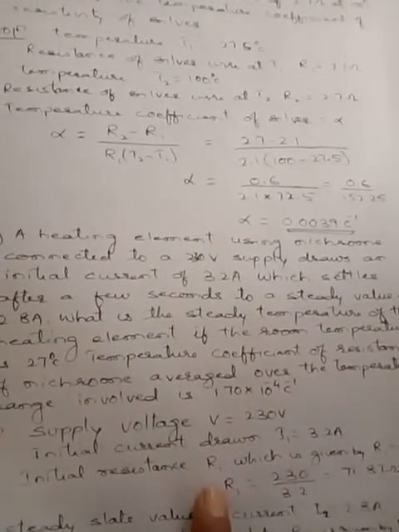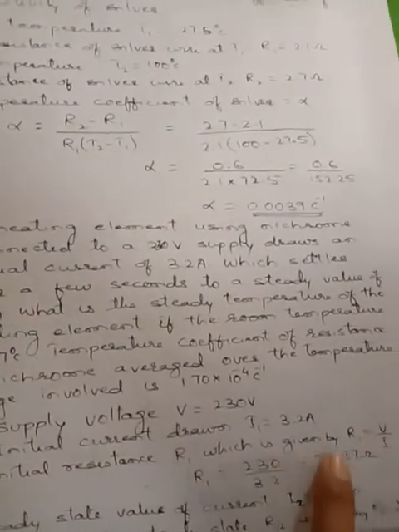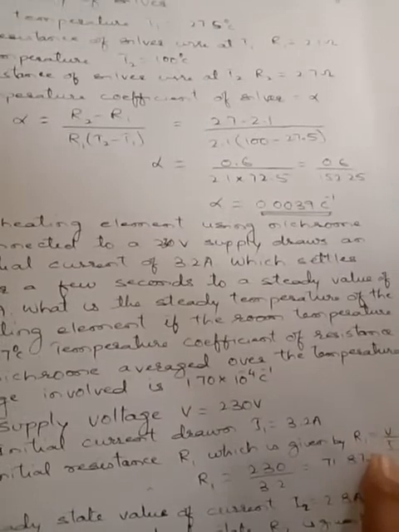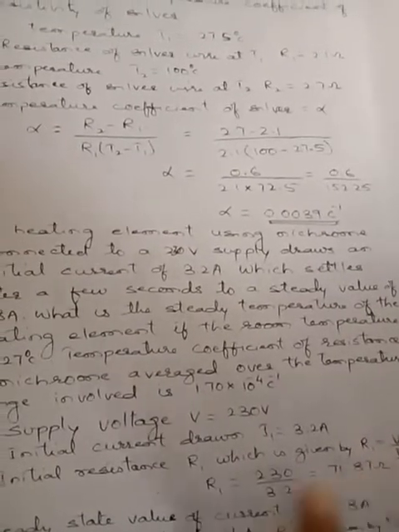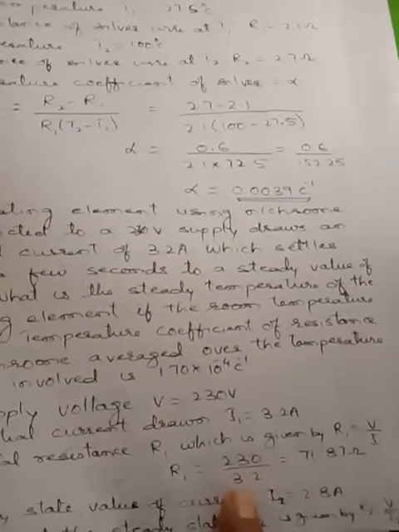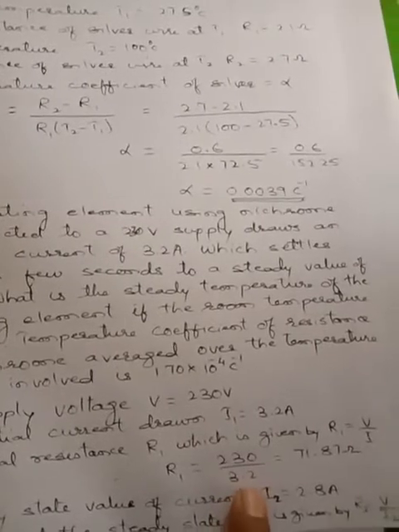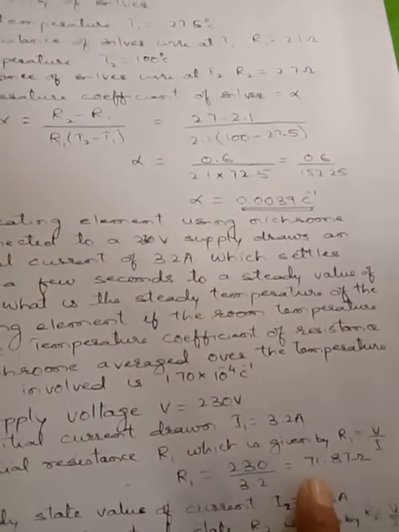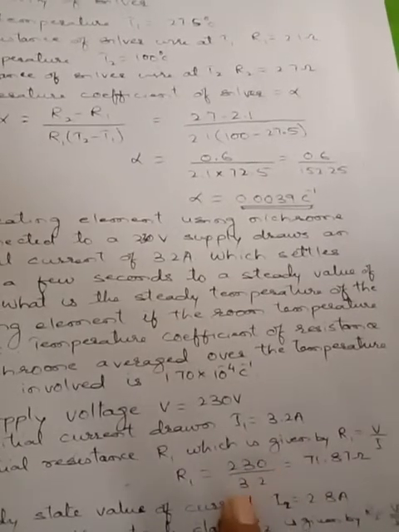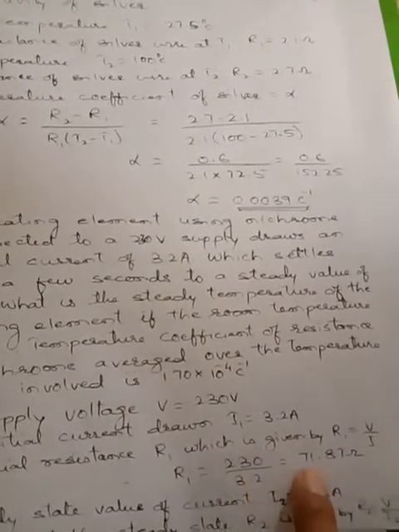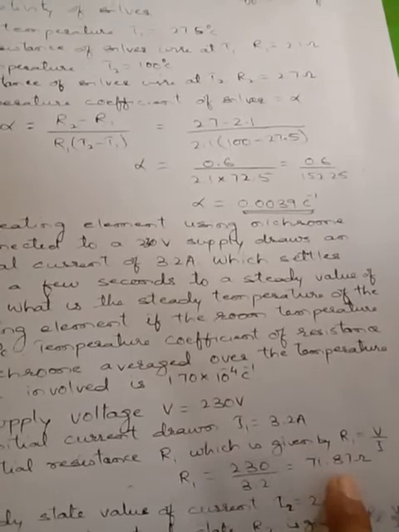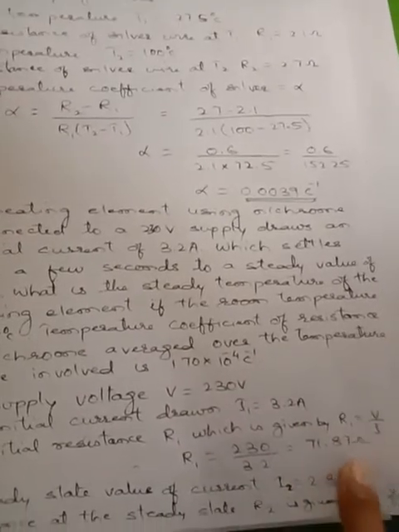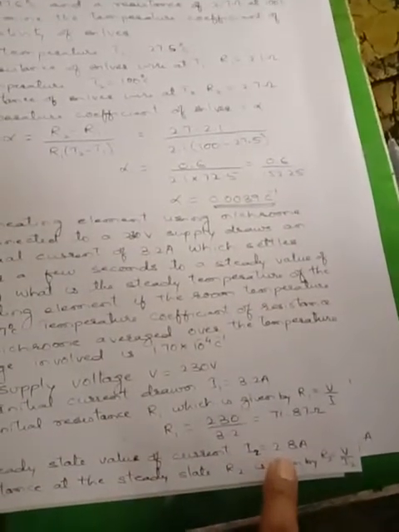Initial resistance R1 is given by R1 is equal to V by I. So R1 is equal to 230 divided by 3.2. So it is coming 230 divided by 3.2. It will be R1 is equal to 71.87 ohm. 71.87 ohm. Now steady state value of current I2 is equal to